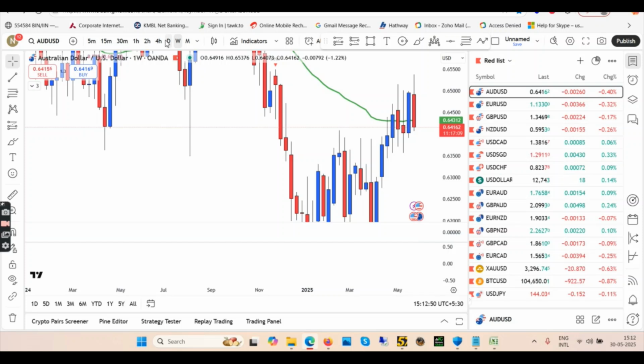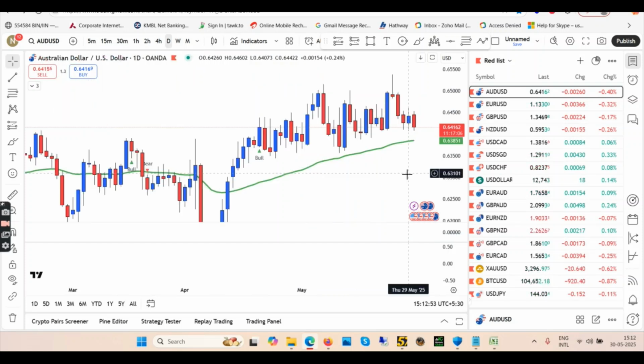And by the way, if you also trade NZD/USD, then use the same analysis. This analysis for AUDUSD, you can utilize to trade NZD/USD as well. Both are similar pairs, and I don't record separate videos for NZD/USD, so it works the same way as AUDUSD. You can use the same analysis.